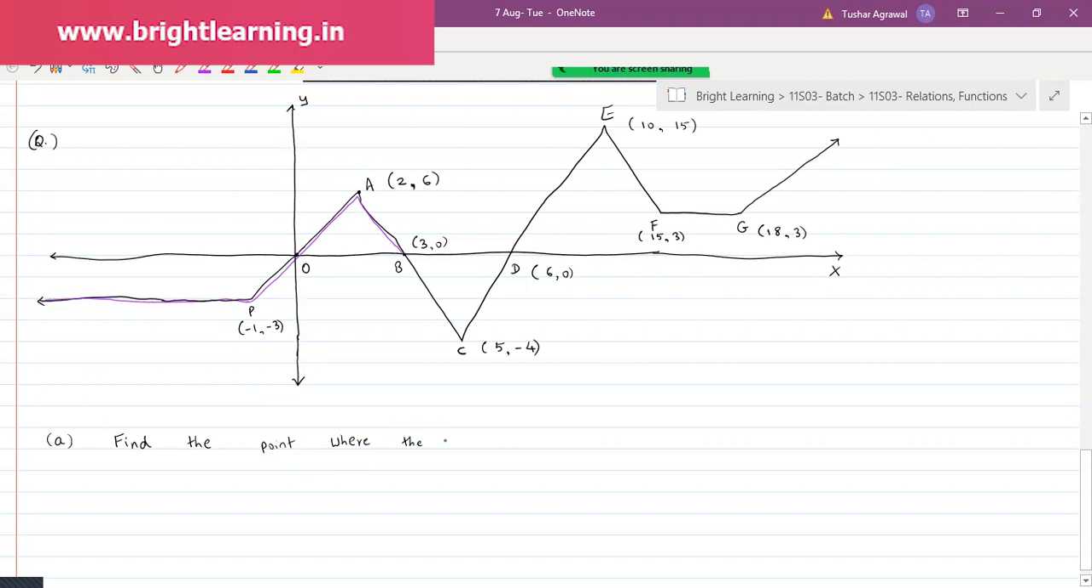find the point where the line x equals 0 meets the graph. The second question is, this purple thing is the graph, the complete purple thing. It's my graph. The second question is,